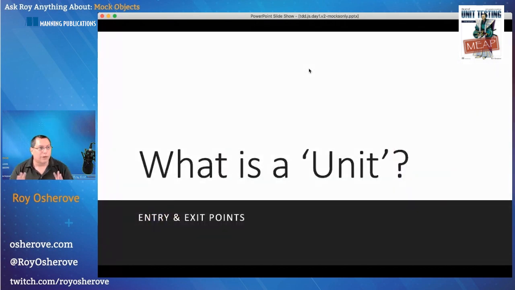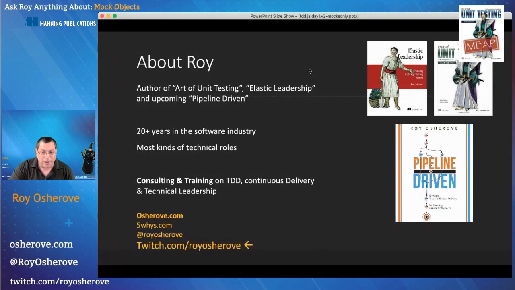Okay. So if we want to understand the idea, oh yeah, I was talking about myself. I should not forget. I have 20 years of experience in software. I worked as a team lead and architect and a bunch of other stuff in a lot of companies. But I have 3 main passions: test-driven development and unit testing, team leadership, and continuous delivery. Enterprise continuous delivery, really. So that's where the third book I'm also working on is in progress as well. So if you want to learn more, it's on my website, all these links.